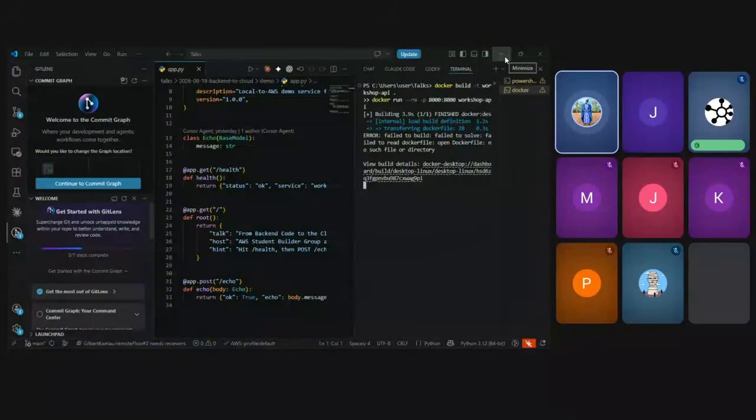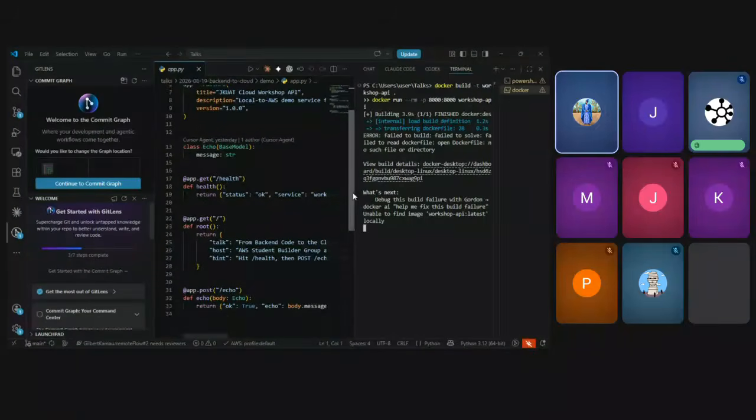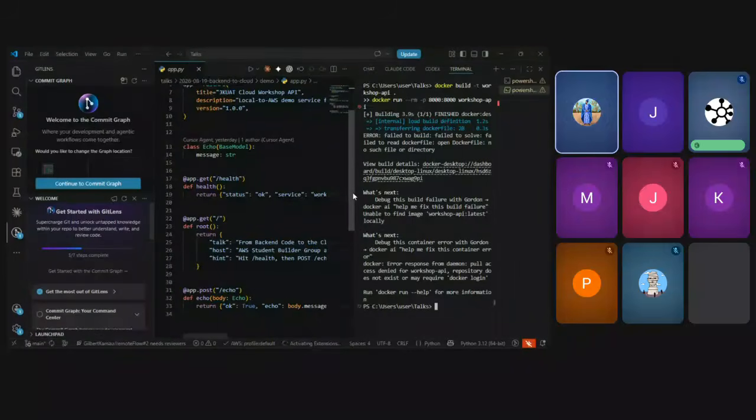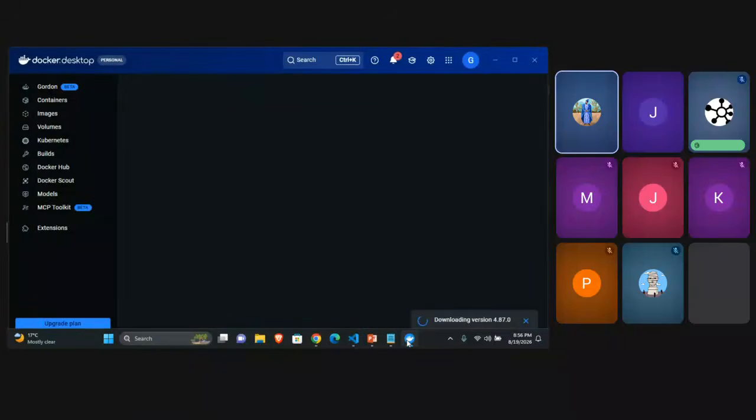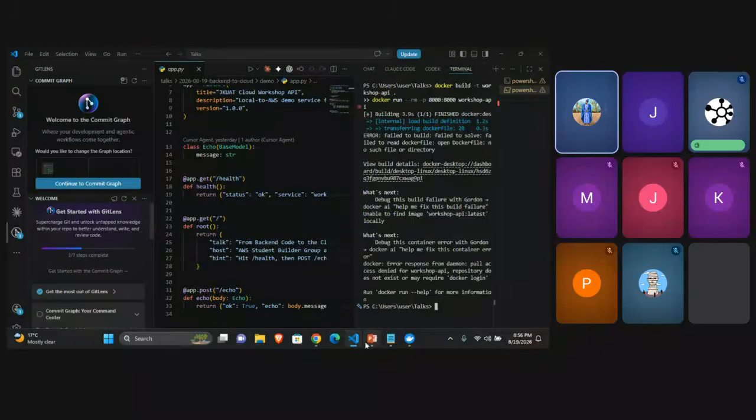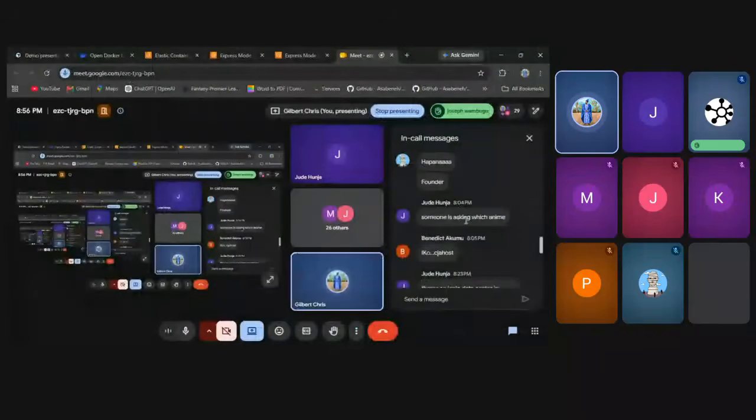So, what we are trying to do is, we already have the application. It's a basic application. All you are checking is health. After that, all you have to do is use GET. The build failed. Yeah, Docker has a problem. We'll have a follow up, then I'll show you the whole process.